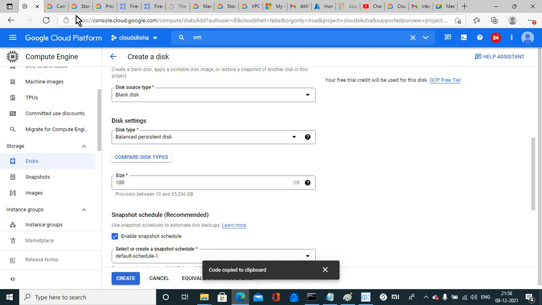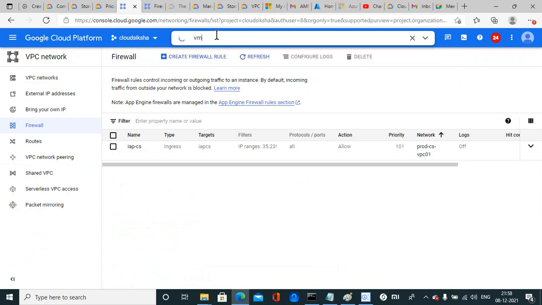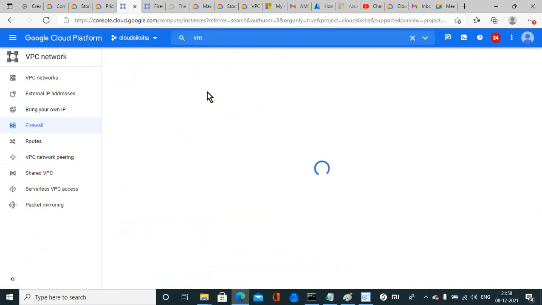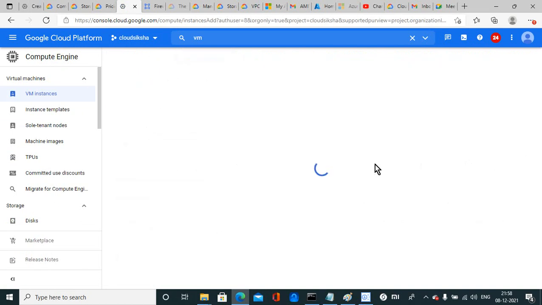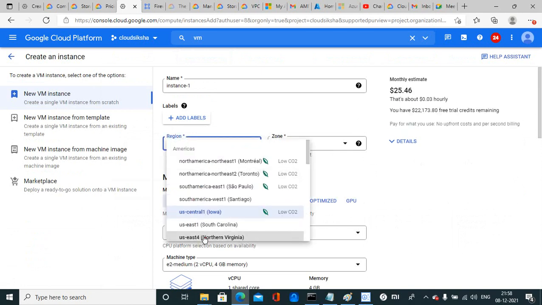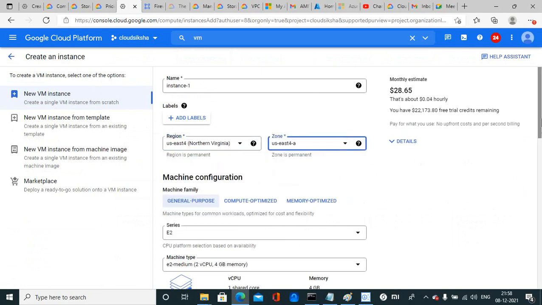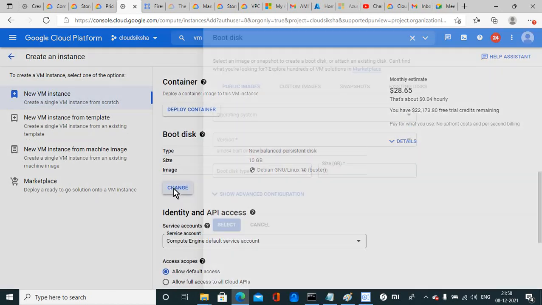So while you are creating a VM, you can find the extreme persistent disk option there. Going to the VM section, suppose this is my instance 1 only, and this is for North Virginia A, and I am going to the disk part here.